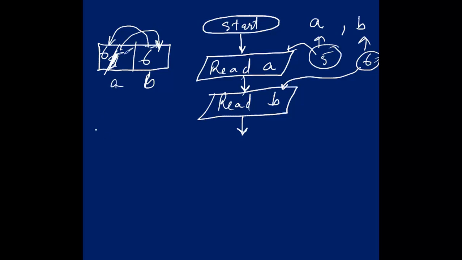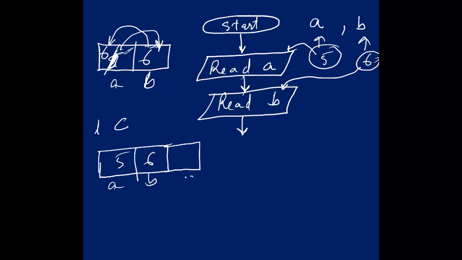So the way is that we will declare a third variable, a temporary variable. Suppose C. So what will I do? Suppose I have A and B. Value of A is 5 and value of B is 6. I will declare a third variable, temporary variable, that is C. But there is nothing in this C. I will store the value of A in this C. Either A or B, it is your choice. I will store A. You can store B also. C will contain the value of A, that is 5.